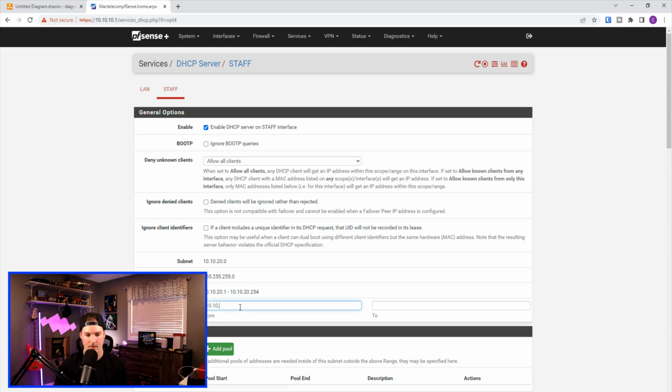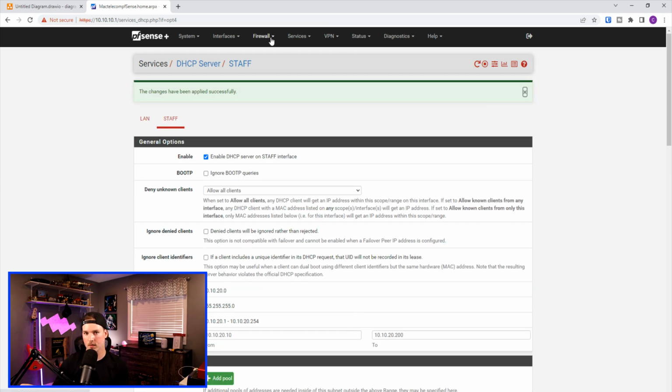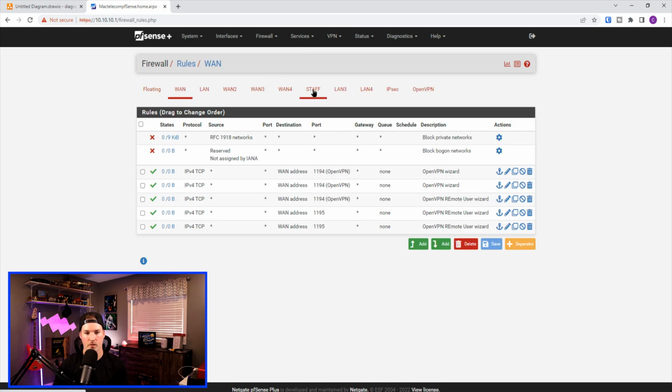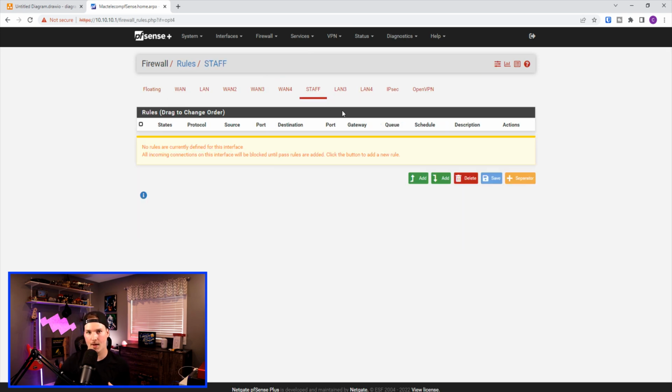So I'll give it 10.10.20.10 to 200. Now this network still can't reach out to the internet because we need to put some firewall rules in. I'm going to go over to the staff network and we're just going to add one basic rule